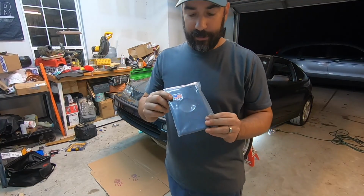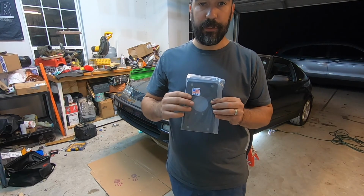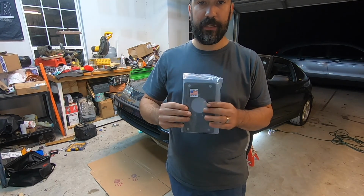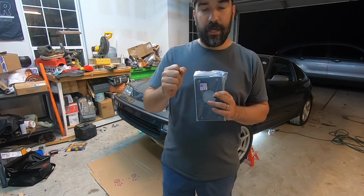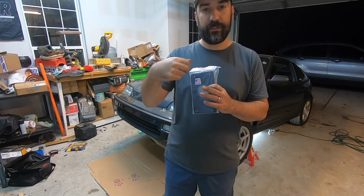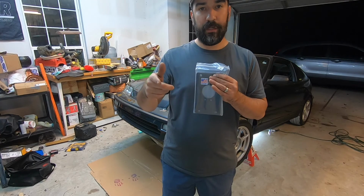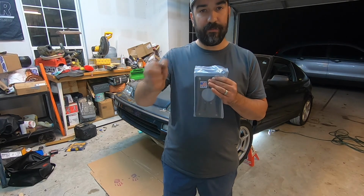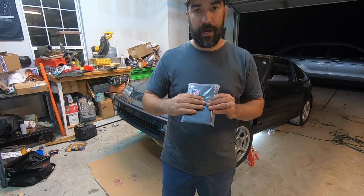This is basically a shifter plate for your car. If you know about shift linkages, they have two. One's a pivot, and it pivots against the transmission. The other one is the selector. What this plate does is it deletes the pivot point. So you lose that whole bar, you just have the selector, and instead of it pivoting against the transmission, this hard mounts to the body, and it